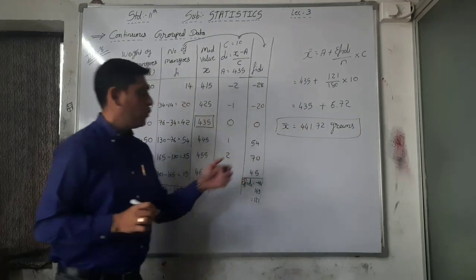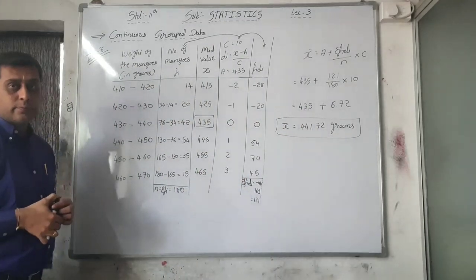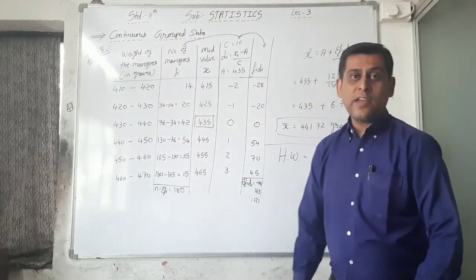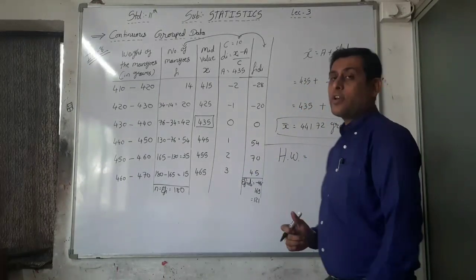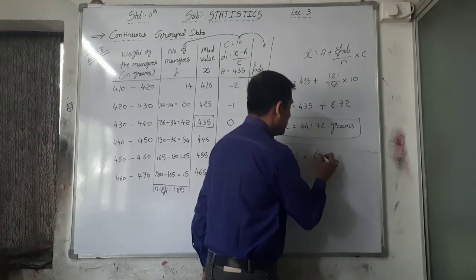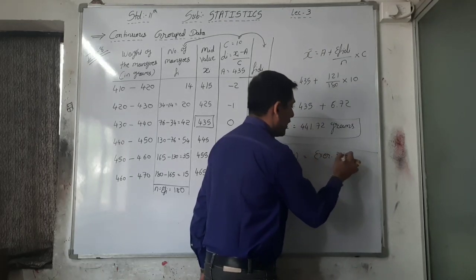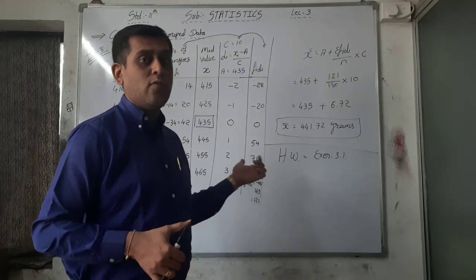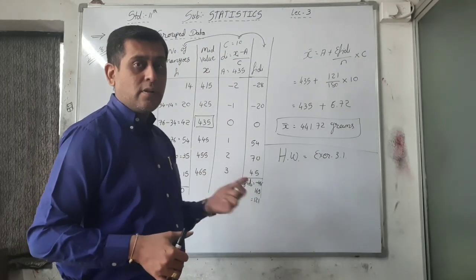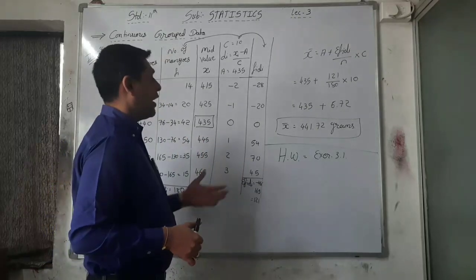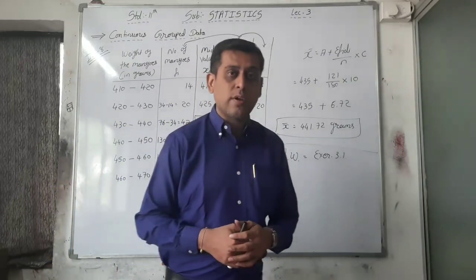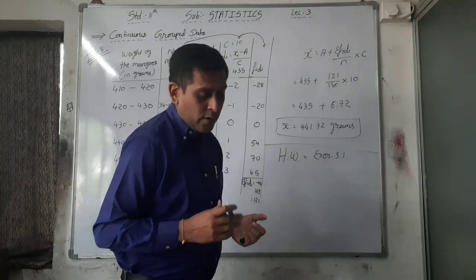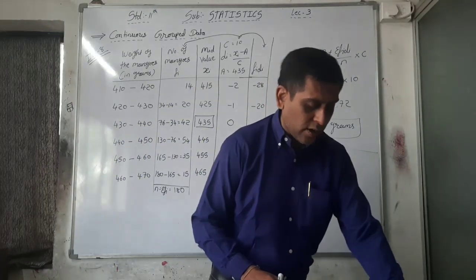Okay, so first of all write down this, and complete illustration number 8. Now time for homework. Your homework is exercise 3.1 in your exercise book. I told you in my first lecture that you have to write all the formulas and all the examples in your illustration or example book, and the homework goes in your exercise book. Exercise 3.1, questions number 1, 2, 3 are the last homework.